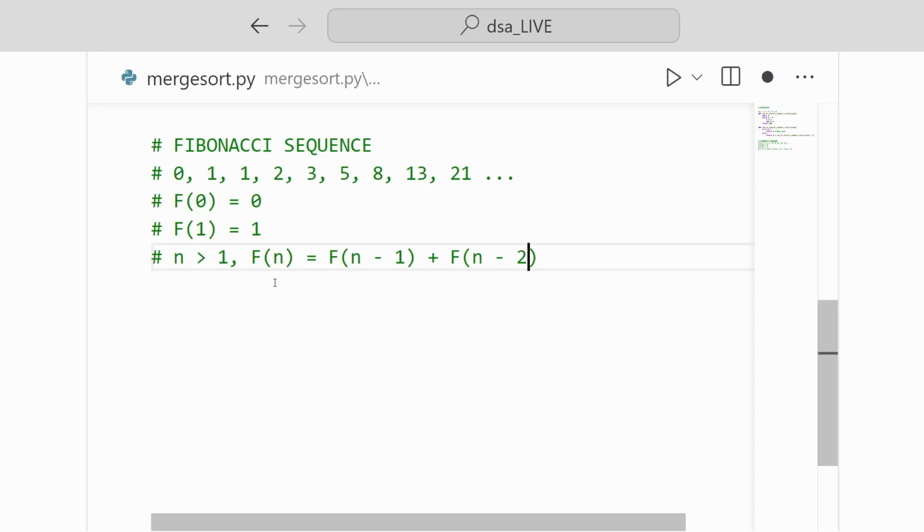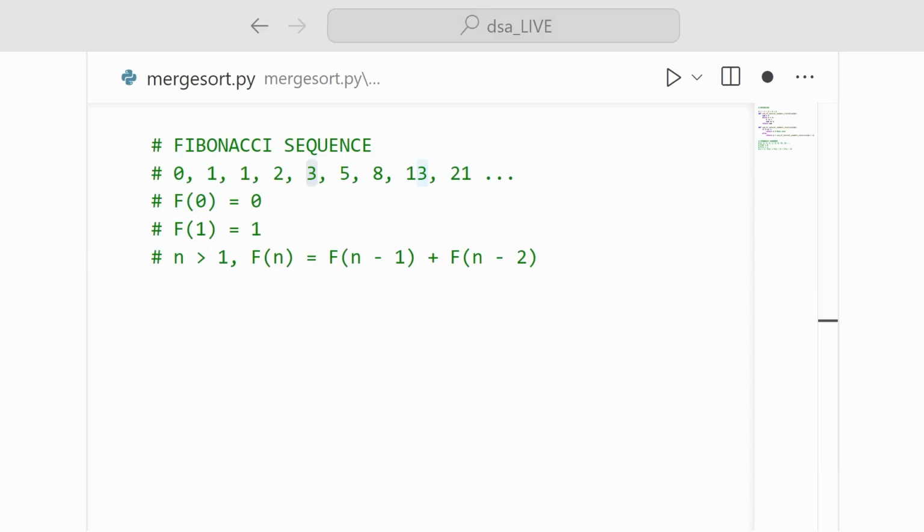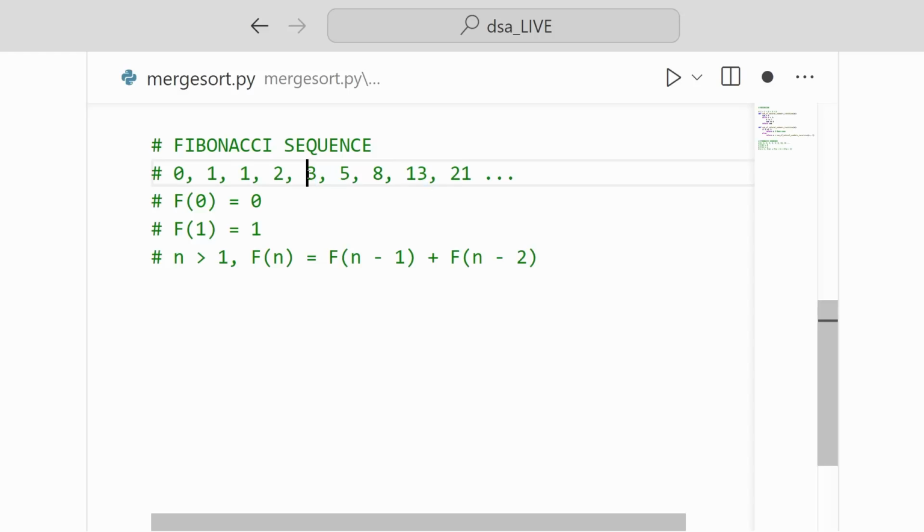Remember that in this definition, n represents the index of our Fibonacci sequence. It does not represent the actual value at any given point, but instead it represents the index. So we can see encoded here that for a given n, let's say 3, the Fibonacci number is going to be equivalent to whatever the value of n minus 1 is. In this case, n minus 1 would be this element right here, and whatever the value of n minus 2 is. So this value here,